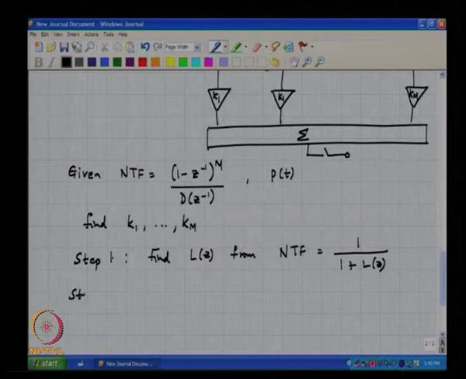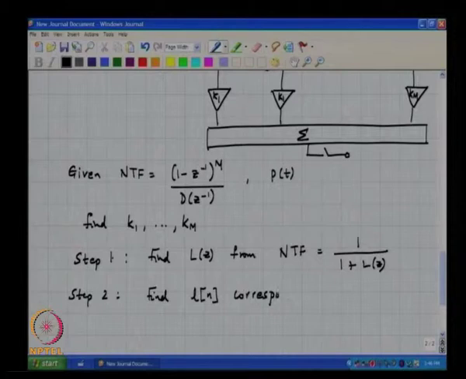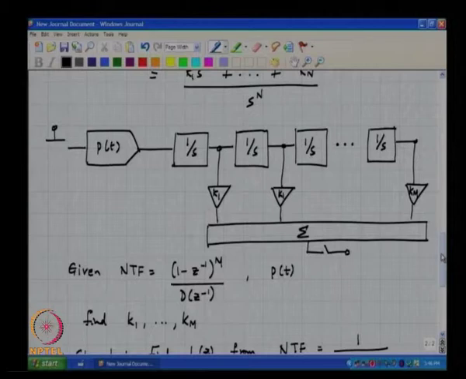Step 2 is to find L of n corresponding to L of z, right. And now we want to try and find what combinations or what values of k give us the right